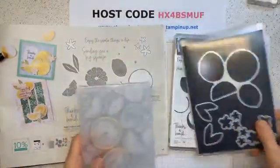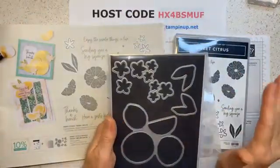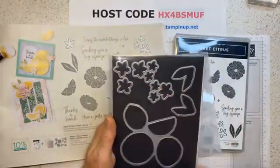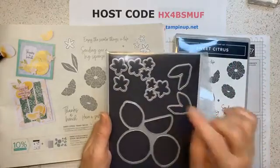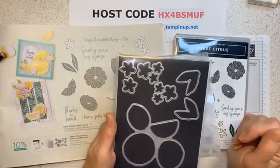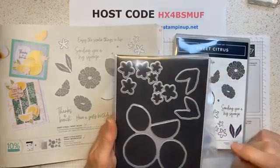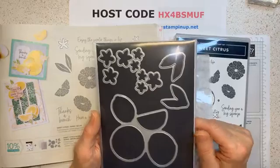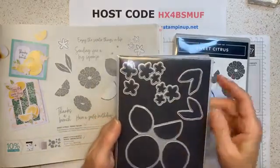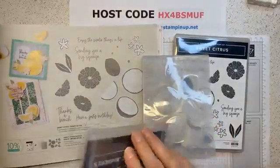So also the set of dies, it's 7 pieces. What I like is that Stampin' Up! has included 2 of the same shapes, so it makes it easier and faster to die cut, especially if you use the Stamparatus, you can die cut a lot of them. Ask me how I know, because I did swaps with it. And this one works with the